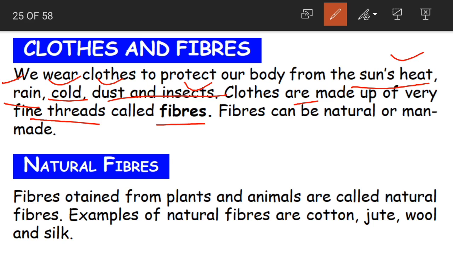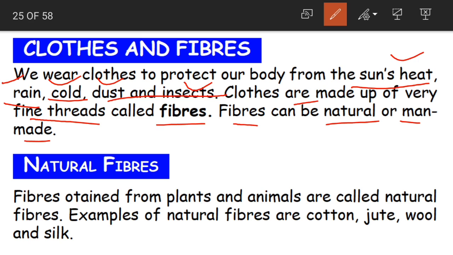There are so many types of clothes, like jute, cotton, polyester, silk, terrycot. And for every cloth, we use some fine threads which are called fibers. What do we call them, children? Fibers.